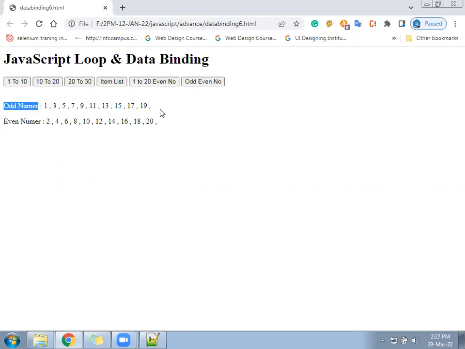See, all the odd numbers in one line, all the even numbers in one line.